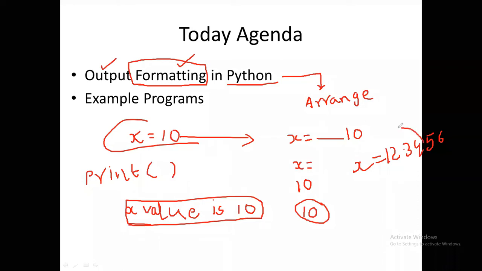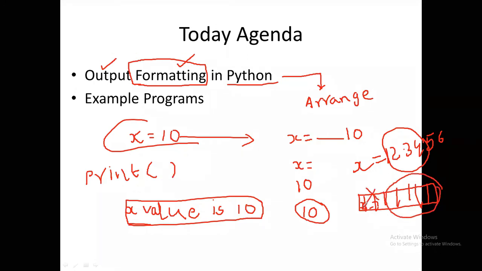Now I want to round this to 2 digits and print it in only 20 spaces, in these 20 spaces only, with right justification, so the remaining are spaces. Output formatting is arranging the output as per user requirement.